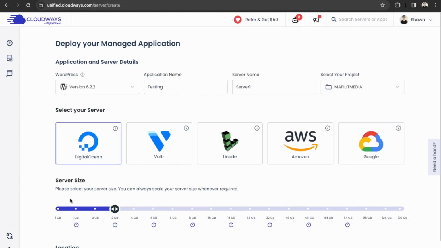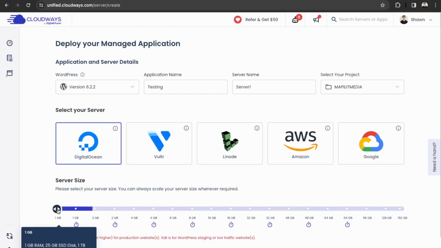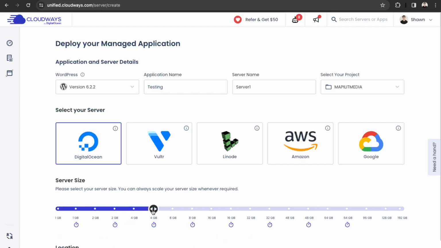And then you can choose the size of your server. So for production websites, I recommend at least a 2 GB server, as that'll give you enough speed on your server that it won't be a bottleneck for any of your users. But if you're just building a staging website or testing out Cloudways, then you can just use the 1 GB feature, and then you can upgrade your server as needed. Okay, and then just with the 1 gig server, it starts at $11 a month with DigitalOcean as your